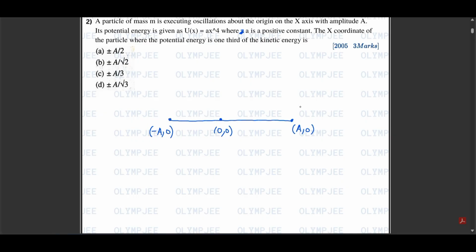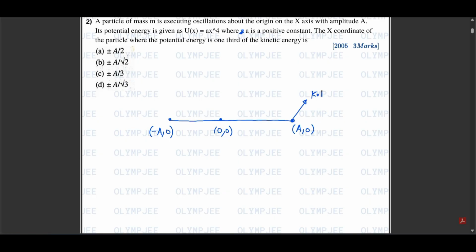Okay. So this is a nice question. So let us see how we will proceed. So we know the expression for the potential energy, and we need to find when the potential energy is 1/3 of the kinetic energy. So since we have to relate both potential energy and kinetic energy, we'll need to find the total energy first. And we can do that since we know that at this extremum, the kinetic energy is